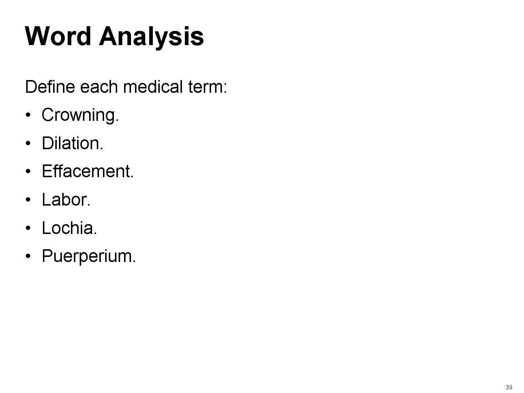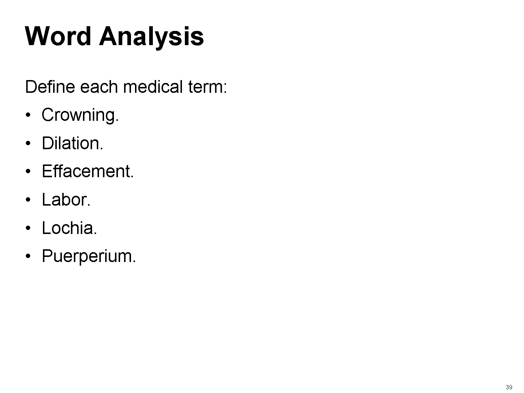Effacement. The thinning and shortening of the cervix, which occurs in preparation for childbirth. Labor. The entire process of expelling the fetus from the uterus, involving uterine contractions, dilation, and effacement. Lochia. The postpartum vaginal discharge, consisting of blood, mucus, and uterine tissue, which occurs as the uterus heals. Puerperium. The 6-week postpartum period during which the mother's body recovers from childbirth, including the uterus returning to its normal